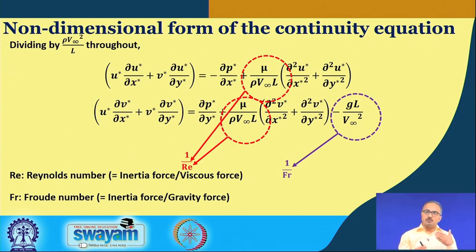Because when you look at the ocean or some river, at the surface of the ocean, or near the surface of the river, you do not find any solid surface. Okay? But you still find that the fluid motion is restricted, it is not just going away, and that is because of this gravity effect. So whenever we have this gravity effect, we talk of the Froude number, gravity versus the inertial force, inertia, that is the motion of the fluid.